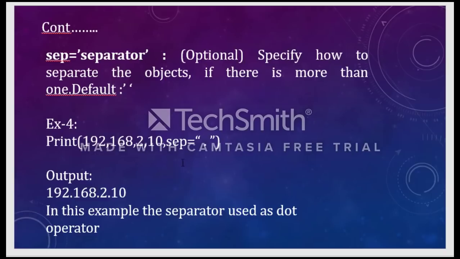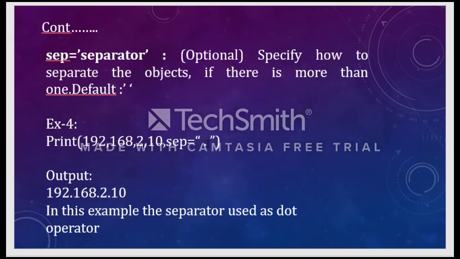Some people may want a hyphen instead of a dot. So you can mention in this parameter sep is equal to double quotations, and in the double quotations, we can mention a hyphen. Then you will get the output as 192-168-2-10. That is how the sep argument can be used to separate the values.